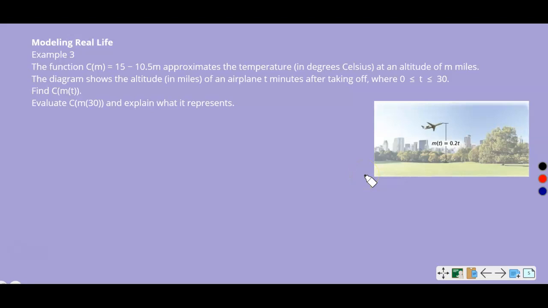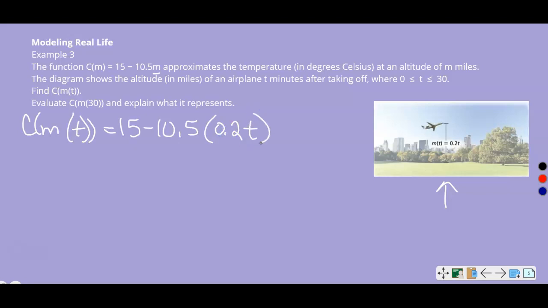So we're going to have c of m of t, and we're going to take 15 minus 10.5, and in place of m, we're going to substitute this other function down here. So we're going to put